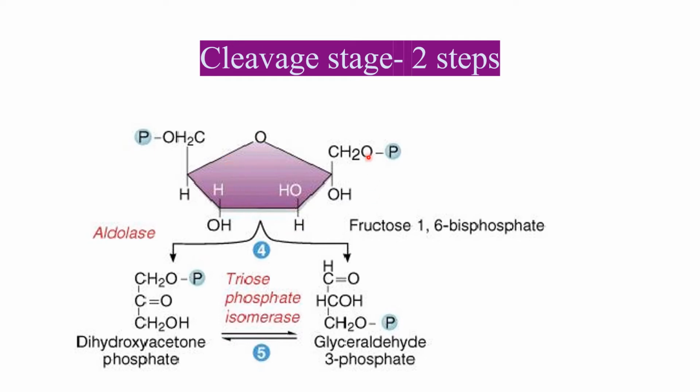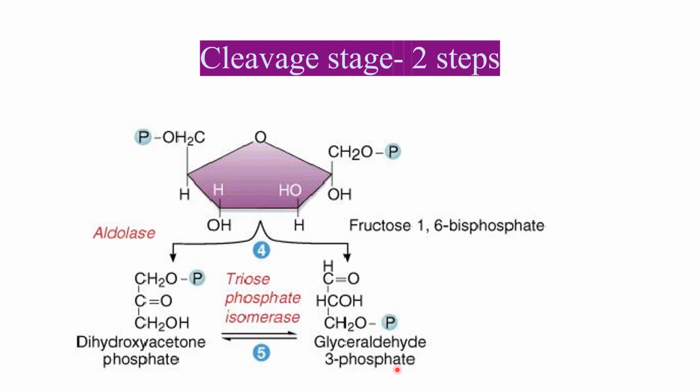So we take the fructose 1,6-bisphosphate and under the guidance of an enzyme called aldolase, we form these 2 3-carbon molecules. One of them is DHAP, which stands for dihydroxyacetone phosphate, and the other one is GAP, which stands for